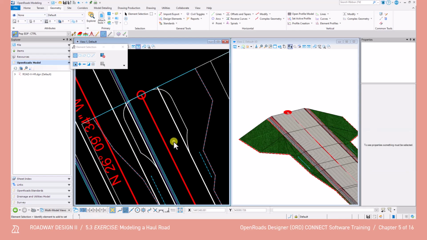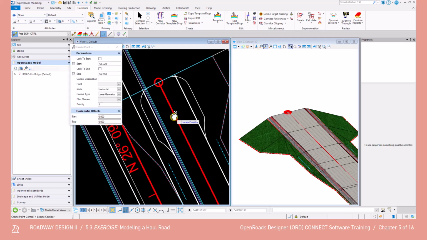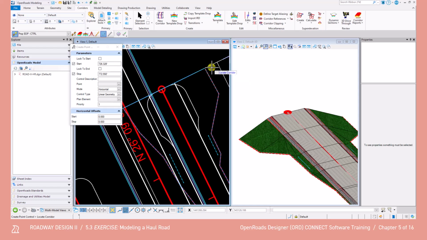Next, open the Create Point Control tool and select the HR2 corridor. The Point Control tool is located under Open Roads Modeling, Corridor, Edit, and then Edits. Key points snap to the start and end points of the geometry, which should correlate to the start and end points of the point control for each side of the center line. But it is very important to not snap to any elements drawn by the corridor, including using the intersection snaps with elements in the corridor. If necessary, it may be easier to snap to the geometry if you turn off the design model line's pavement edge level, but then you'll need to turn it back on to locate the EOP-L line when prompted. So when prompted to locate point, click the EOP-L of the HR2 corridor and set the mode to